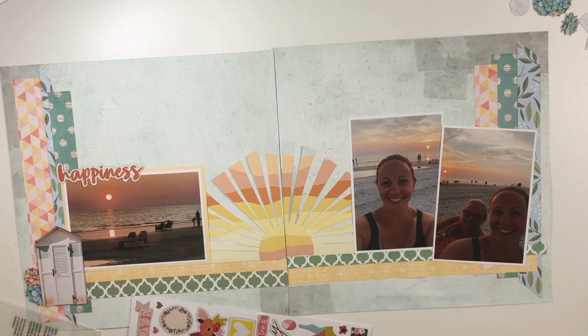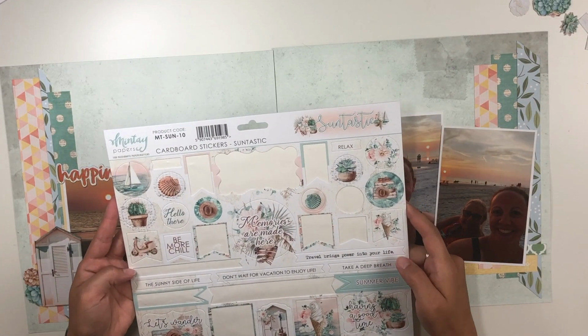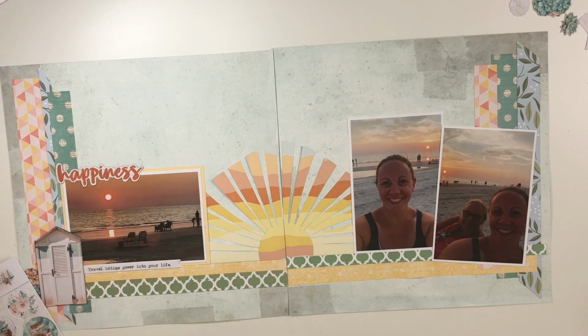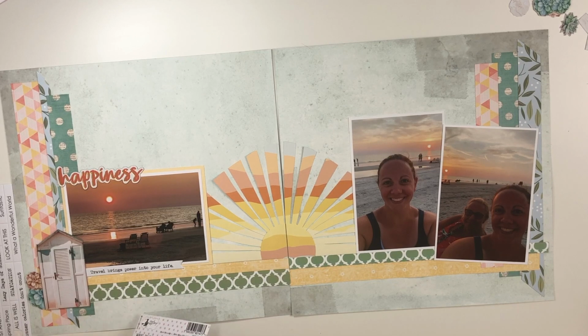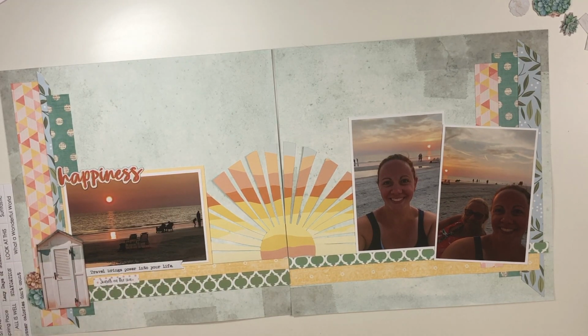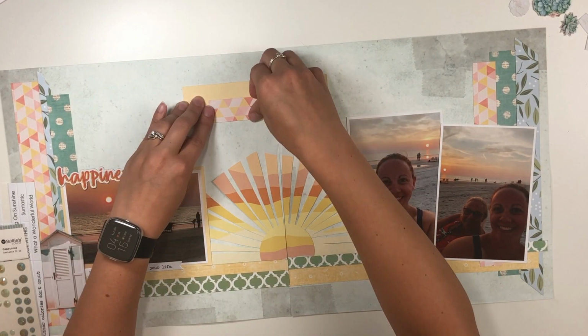So I had those fussy cut already, but then this actually is, the happiness came from a Paige Evans chipboard sticker sheet, and I just thought it was perfect. And then this is the sticker sheet that came with the Oasis kit, and so I'm just going to add some sayings down there to finish off that cluster, and then to